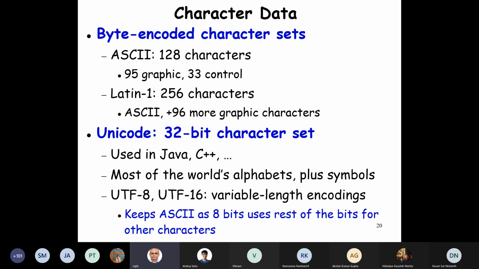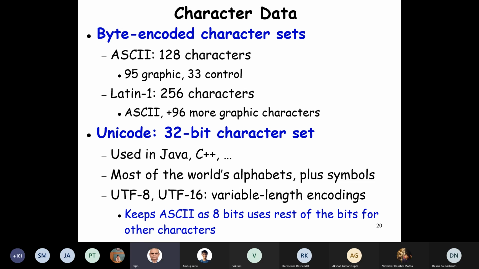This needs a byte, whereas the Latin character set is 256. It has 96 more graphic characters that we call the Latin set. So ASCII is 1 byte, Latin is 2 bytes.